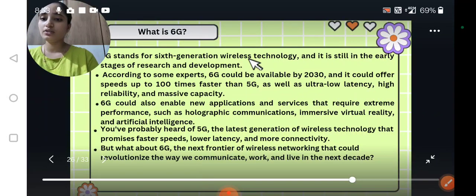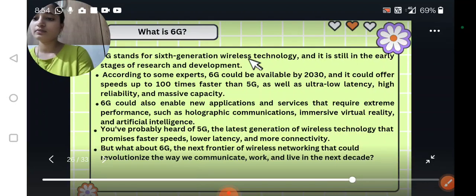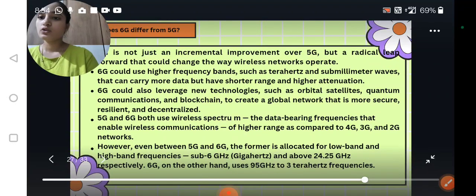and artificial intelligence. You have probably heard of 5G, the latest generation of the wireless technology that promises faster speeds, lower latency and more connectivity. But what about 6G? The next frontier of the wireless network that could revolutionize the way we communicate, work, and live in the next decade. So how does 6G differ from 5G? 6G is not just an incremental improvement over 5G, but a radical leap forward that could change the way wireless